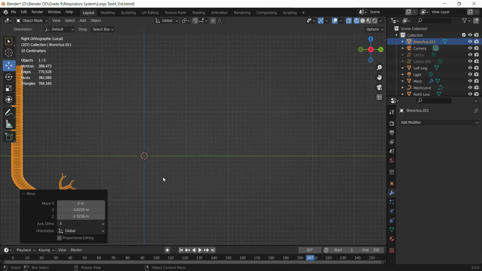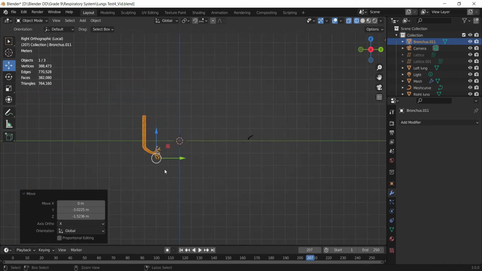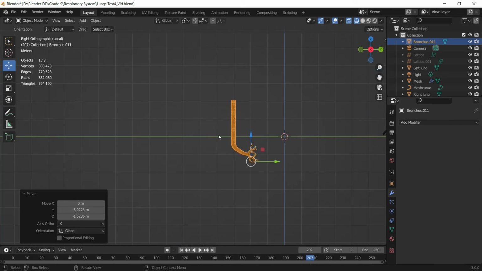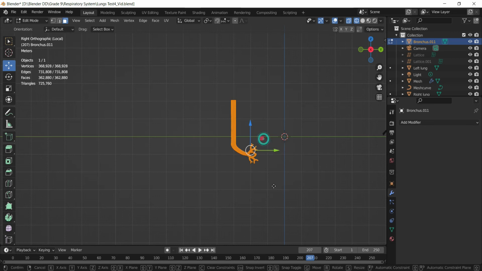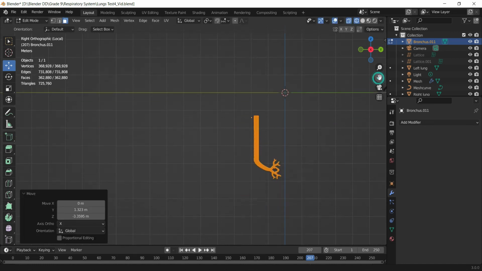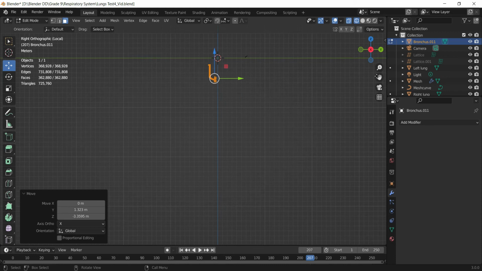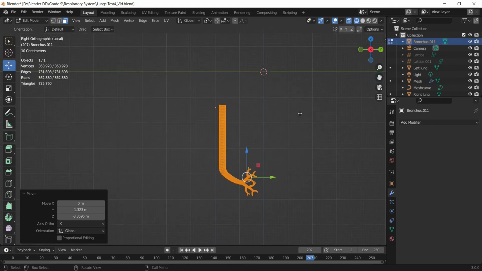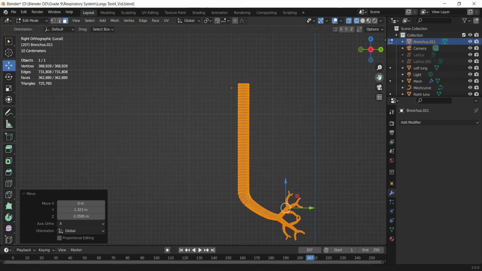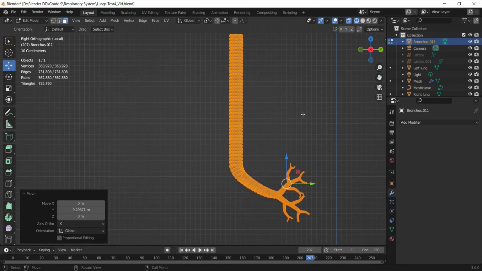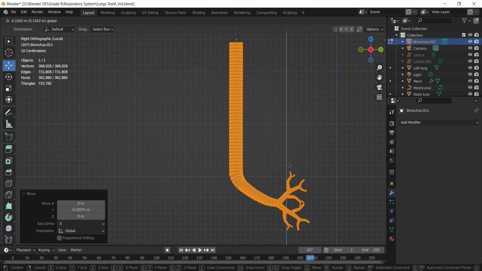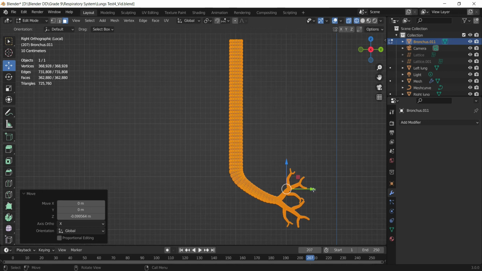See, and what we need to do here is bring its gizmo to the top, at the center. So we'll go to edit mode, press A to select all, and bring the mesh. You can see how it is lagging. All right, that's because the face count is increasing, and it is going to be doubled once we apply the mirror modifier. But as of now, we are going to keep it like this.